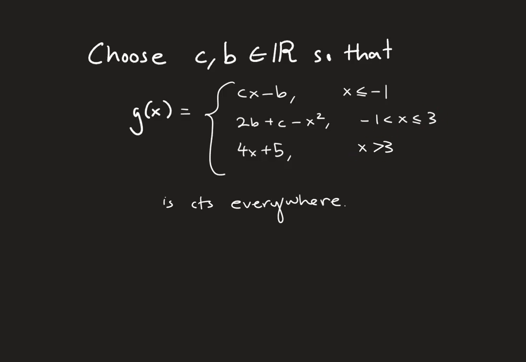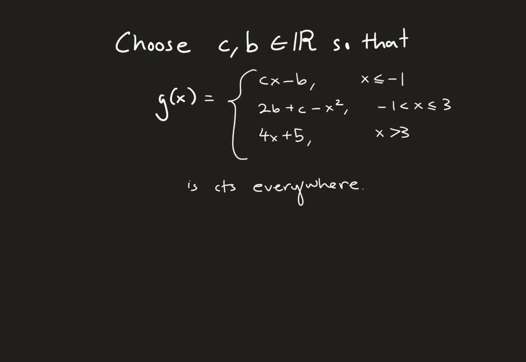But what that means is as we let x values get closer and closer to -1, this function value has to match this function value at -1, okay? So what I'm going to do, this is like hand-wavy mathematics, but we're not proving anything. We simply have to choose a c and a b. We want c and b in the reals such that